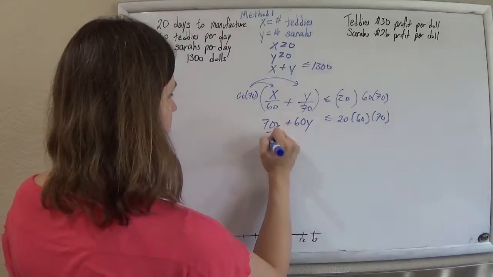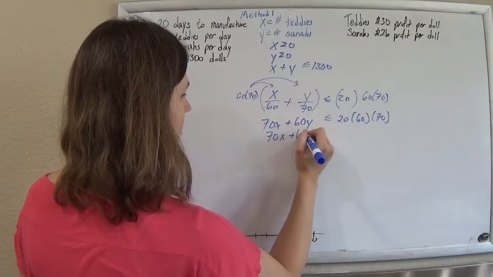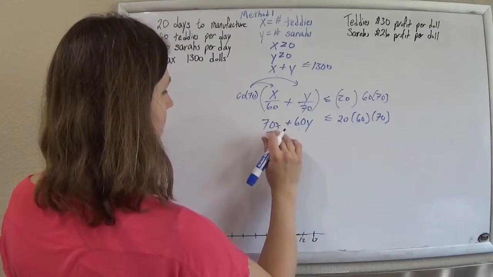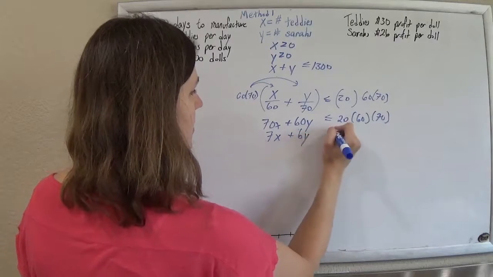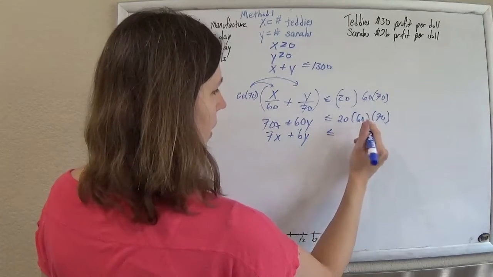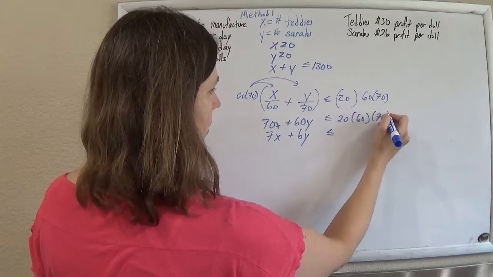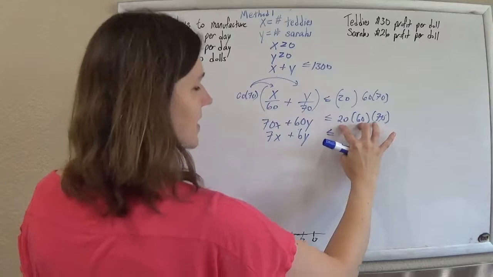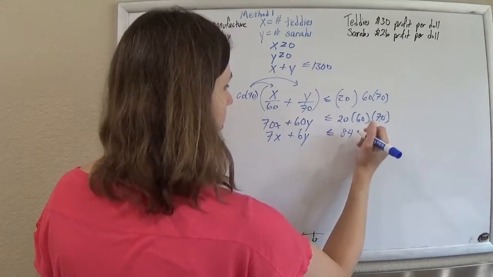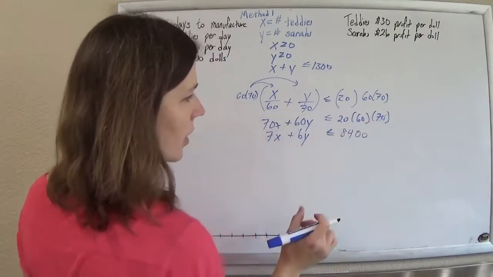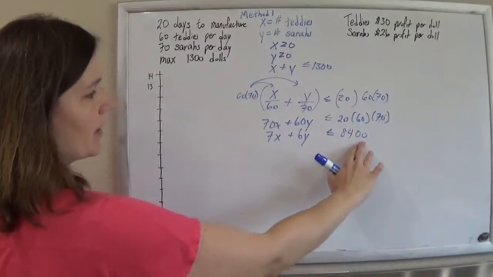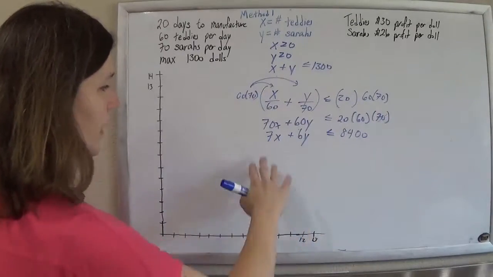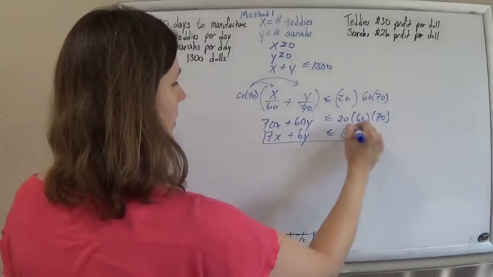I'll have 70x plus 6, if I divide by 10, 7x plus 6y less than or equal to, just one of those 10s will go away. So eventually you get 2 times 4 times 2 times 6 times 7 is 84, and you get 8,400. You end up getting that equation no matter how you slice it. I don't know why I tried to do it silly. But anyway, we have that constraint,